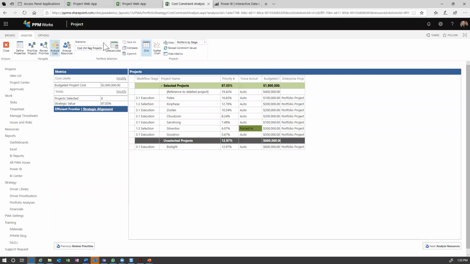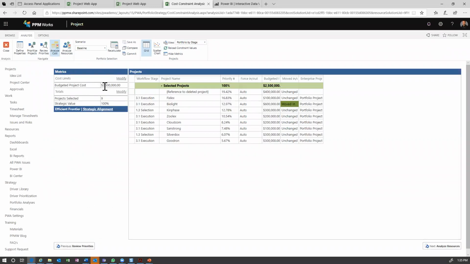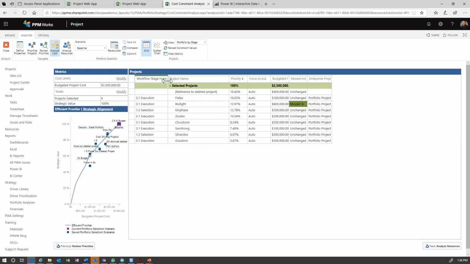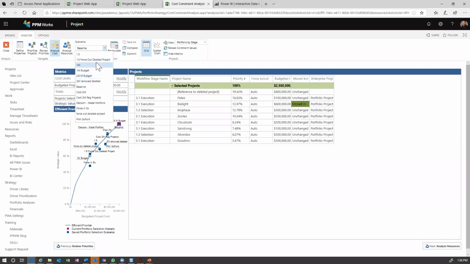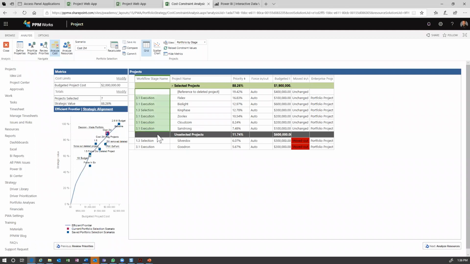So in this case, if I was to come back and just select our baseline view, there we are, it's going to say, great, it's going to take $2.5 million. And if you remember, we are going to ask a question, say, hey, portfolio manager, or maybe executive, the CEO, how much do I have for this overall portfolio? And they could say, hey, you only have $2 million, or one and a half. In this case, let's go ahead and look at what $2 million looks like. Boom, here we go. So we have a bunch of projects, 7 of them,